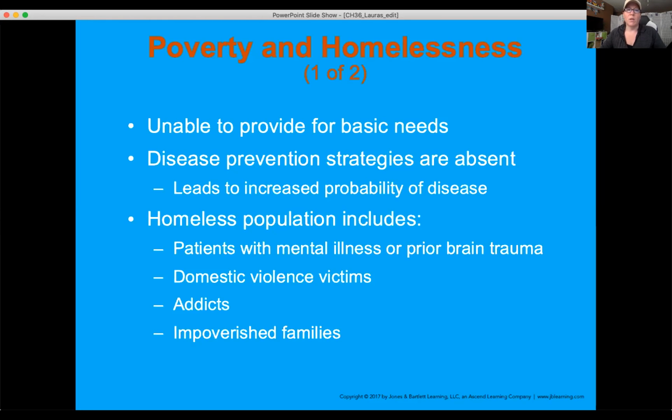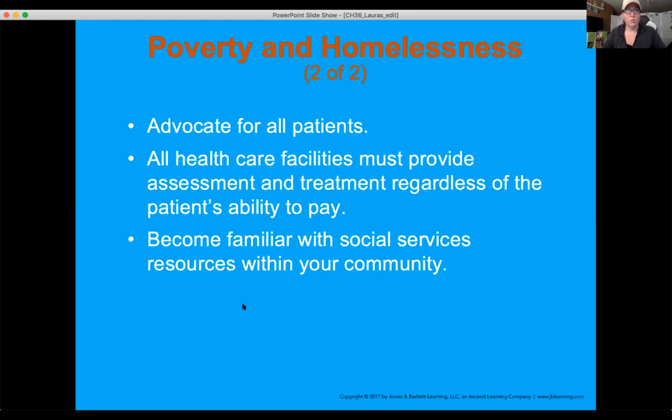And of course, if we're being called to the scene, it's not like they're every day. It's because something's going on, and you're being called there for a specific reason. So we tend to see the worst of the worst of patients who are homeless, but that does by no means represent all patients that are homeless. So we treat everybody with respect and dignity, become an advocate for that patient, and knowing what services are available in your area is also helpful.